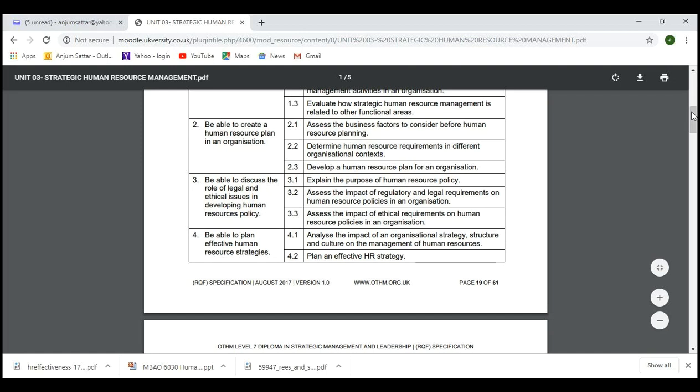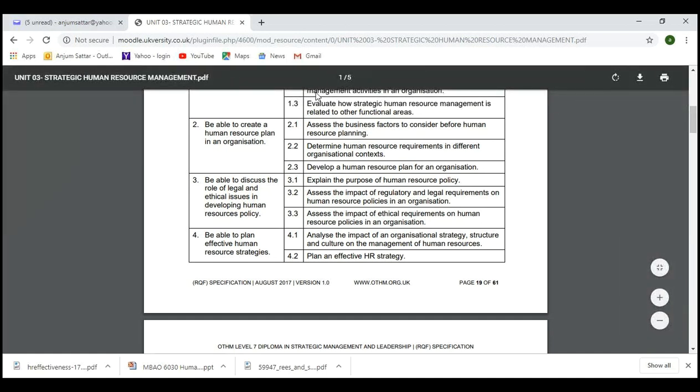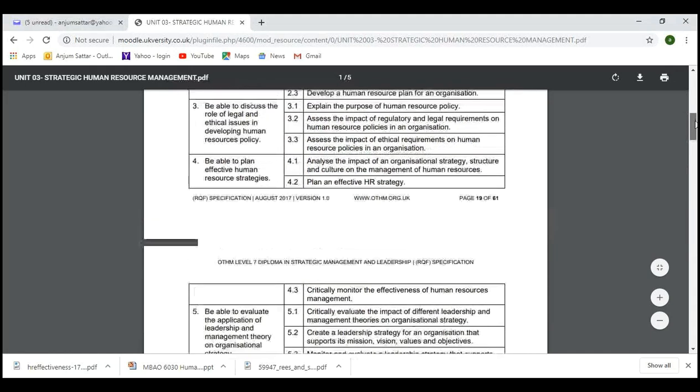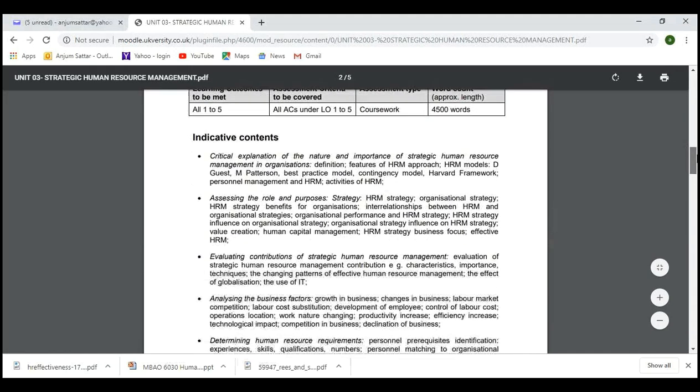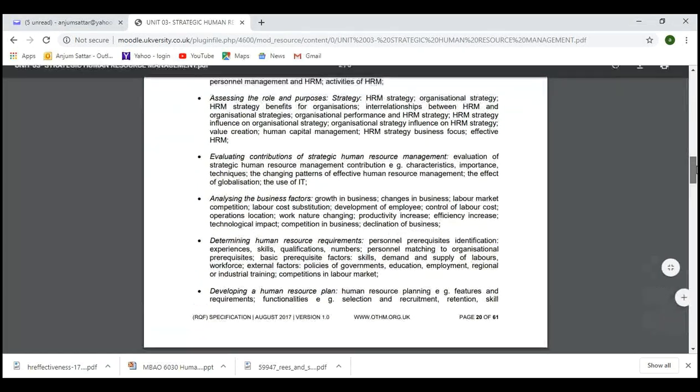we discussed during the last lesson. So in today's lesson we'll go through LO4, be able to plan effective human resource strategies. We have four assessment criteria which we'll go through. So 4.1, 4.2, and 4.3, which we'll go through during our lesson, and these are indicative contents which were supposed